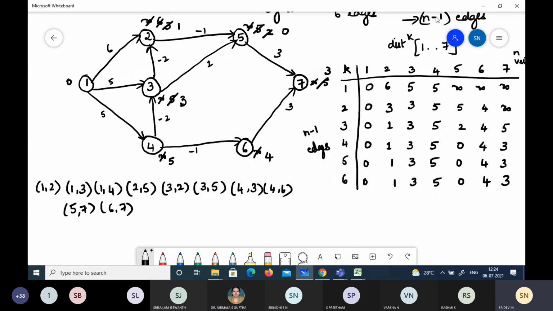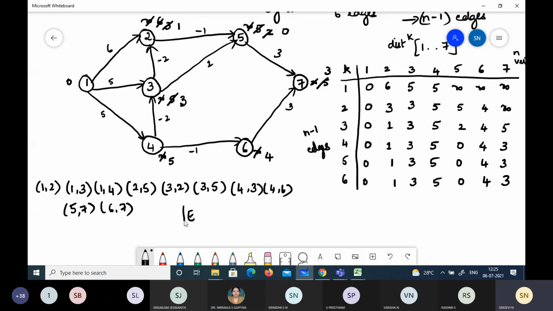Okay, so this is how we'll end up getting the table. If you observe here, you can find out that this is the shortest path from 1 to every other vertex. Okay, so what about the time complexity of this? When it comes to the time complexity, we have n edges. Okay, we'll just write it down as E. We represent E for edges and V for vertices. So we will have n minus 1 edges and n vertices.